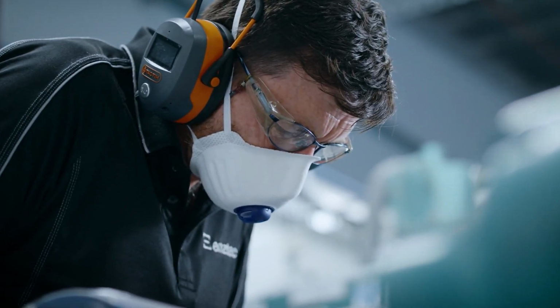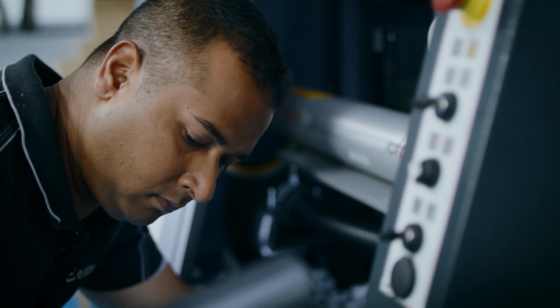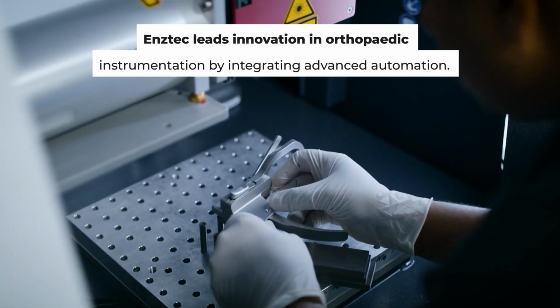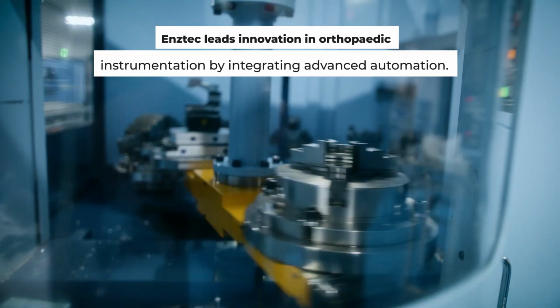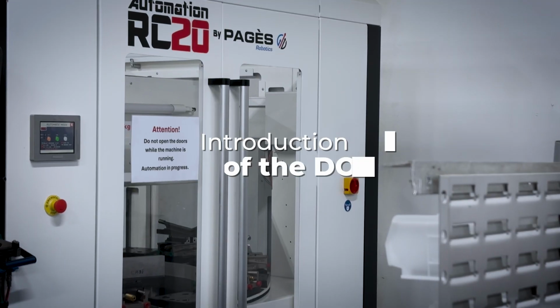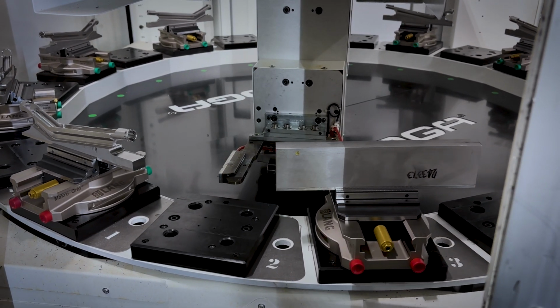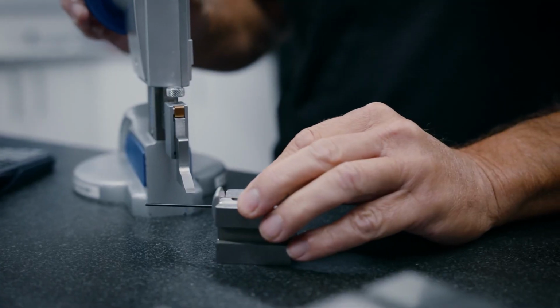With a talented team of over 90 employees and 14 CNC machines, Enztec leads innovation in orthopedic instrumentation by integrating advanced automation. A key step in this journey was the introduction of the DOGA. For over a year, the DOGA has played a vital role in automating the feeding process, freeing up operators and